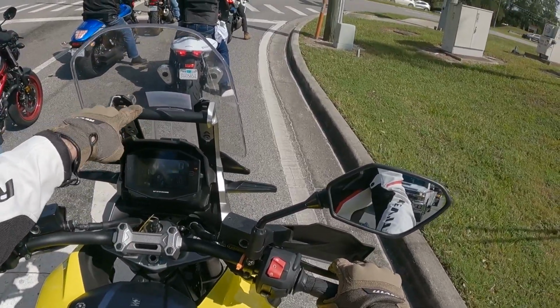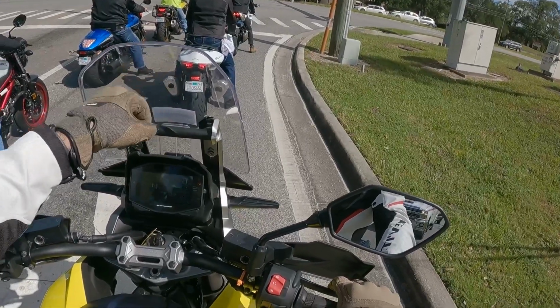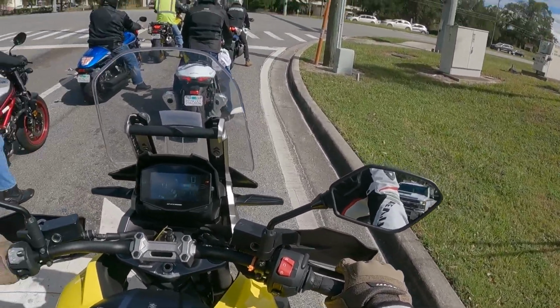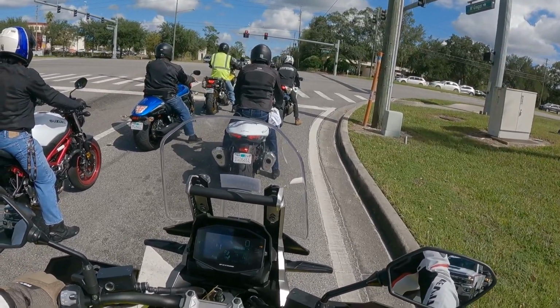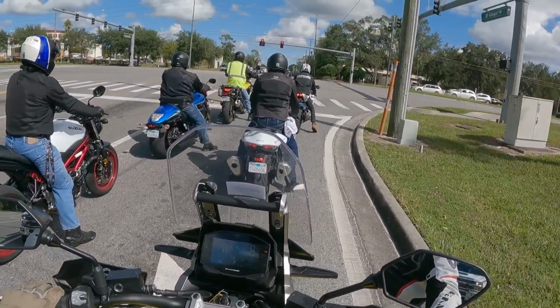This is going to be handy, especially if you have a GPS or a phone holder. You can put your phone here, right under the windshield, and plug it in here for your power source. The lighting on the V-Strom 1000 is going to be LED, so you're going to get great visibility right off the line. That's one great thing you get, and you don't have to worry about it. The one that we're riding today doesn't come with the